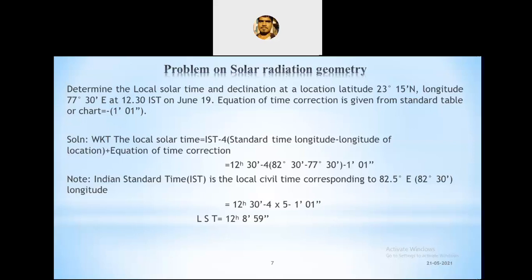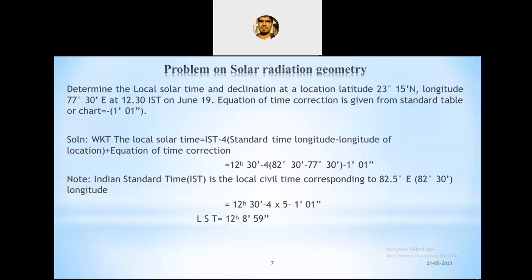The problem is: calculate the solar time and the declination at a location with latitude 23 degree 15 minutes north and longitude 77 degree 30 minutes east,